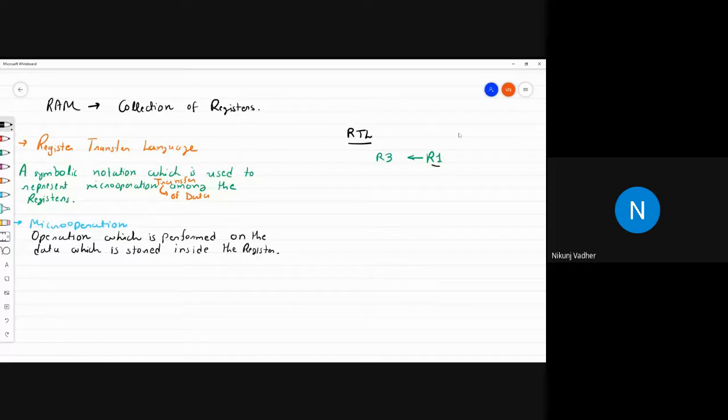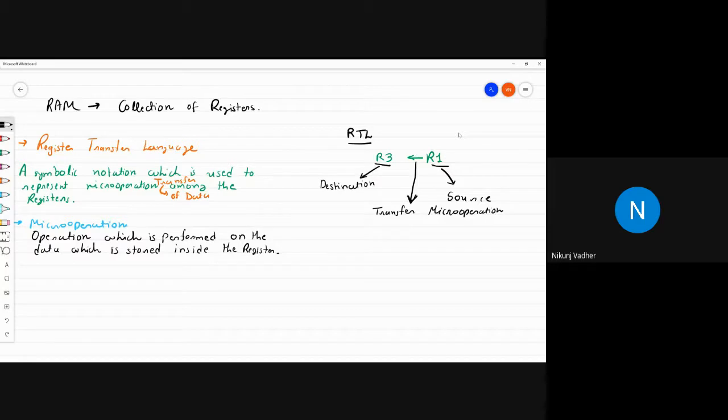What is R1? Here in this case, R1 will behave as a source. R3 will behave as a destination. And this arrow represents the transfer micro operation.